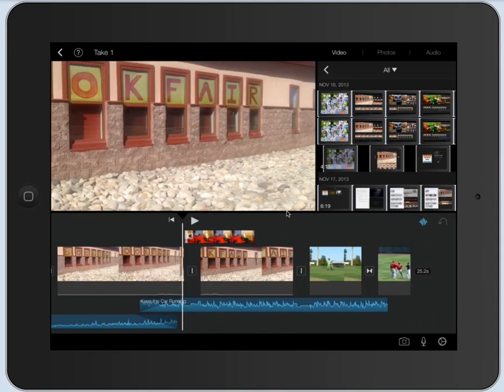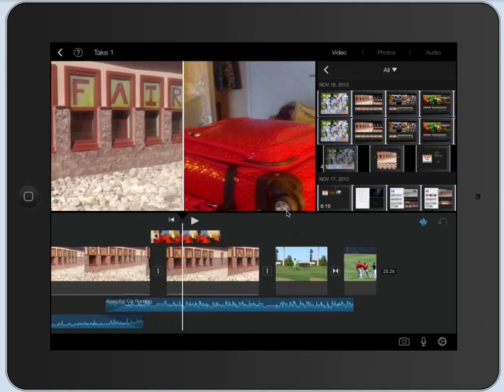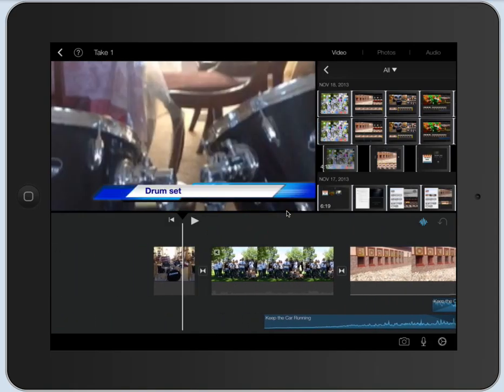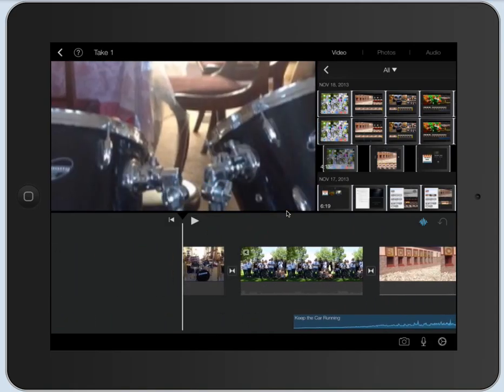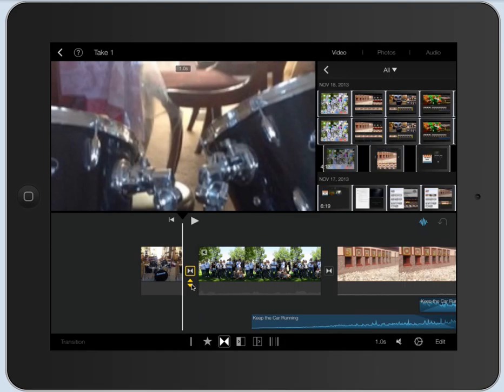let's see how we do that. It just went right from one to the other. But you have some options on the transitions. So let's just choose a transition, and the transition is this little part right here. If I click on that little part right there, I have some choices of what kind of transition